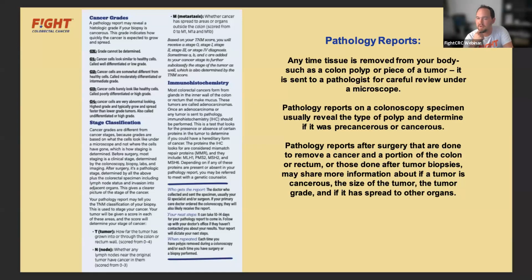Is there a possibility for you to receive multiple pathology reports when it comes to surgical pathology reports? Are you going to receive a new report every time, let's say you have to have surgery more than one time and you have tumors that spread? Are you going to receive different pathology reports each and every time for that, or are you covered by one?